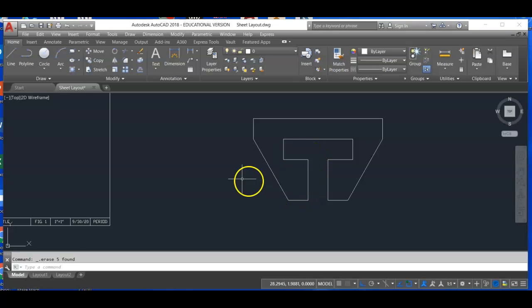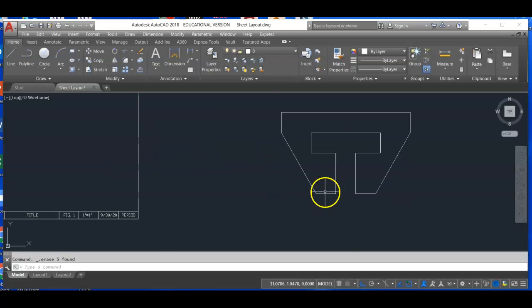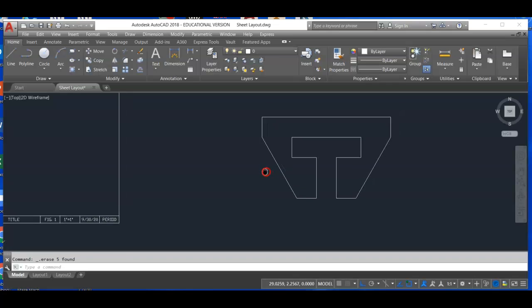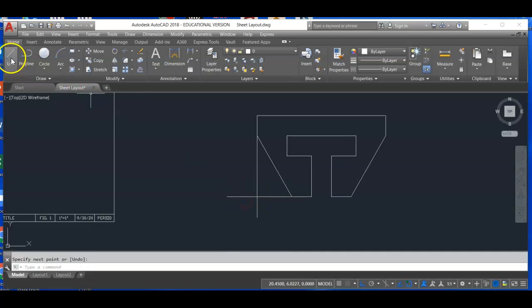Now what I want to do is I want to center this object within my border. Now I trimmed this corner out. So what I'm going to show you to do is if that ever happens, just go ahead and put it in again. Just draw a line here, draw a line here to give yourself a corner point to snap to for that guideline, that diagonal guideline. So I'm going to snap from corner to corner,